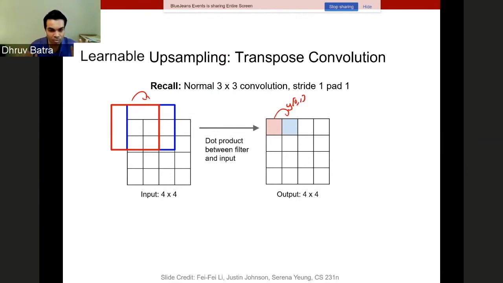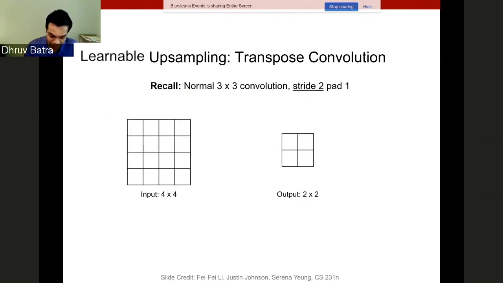Now it sounds like, why is Dhruv repeating everything that he's just said 2 slides ago or 2 lectures ago? The reason why I'm repeating is that in a couple of slides, all of these operations, stride, filter, input, output, are going to be dualized. So I'm just trying to repeat things that you already know, because in a second, it's going to all get flipped on its head. Okay. So you take a filter on the input, you slide it,